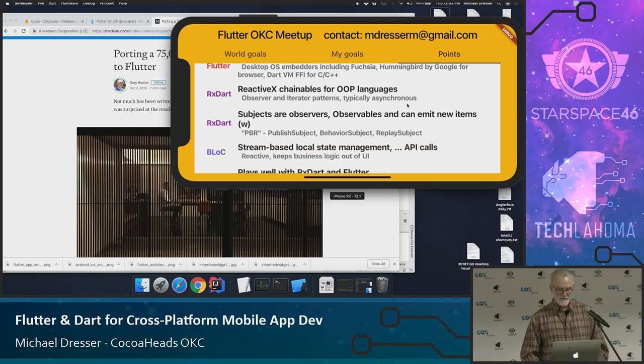Okay. So, on to the more detailed things. One of the libraries available to extend Dart functionality is RxDart, which is a ReactiveX extension. There are ReactiveX extensions for Swift, for Java, for PHP, for JavaScript, and all those are ways to put in streams that are chainable for object-oriented programs.